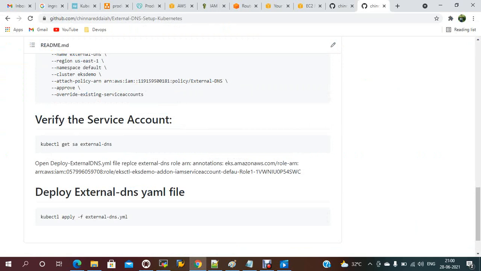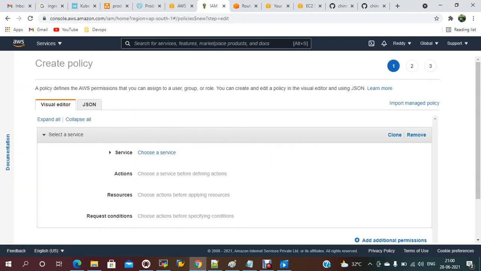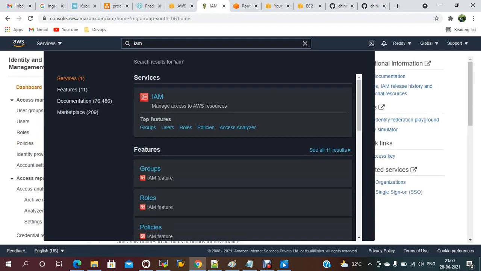Now once that is done, we just need to open this DNS name, external DNS, and the role name we have to provide. So whatever IAM service role will have been created, right? Sorry, going back, IAM, the trusted service, it should be created.